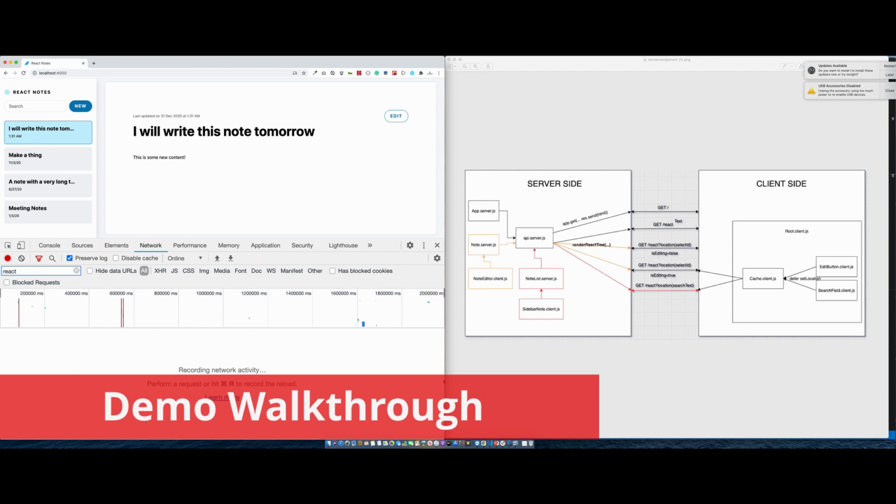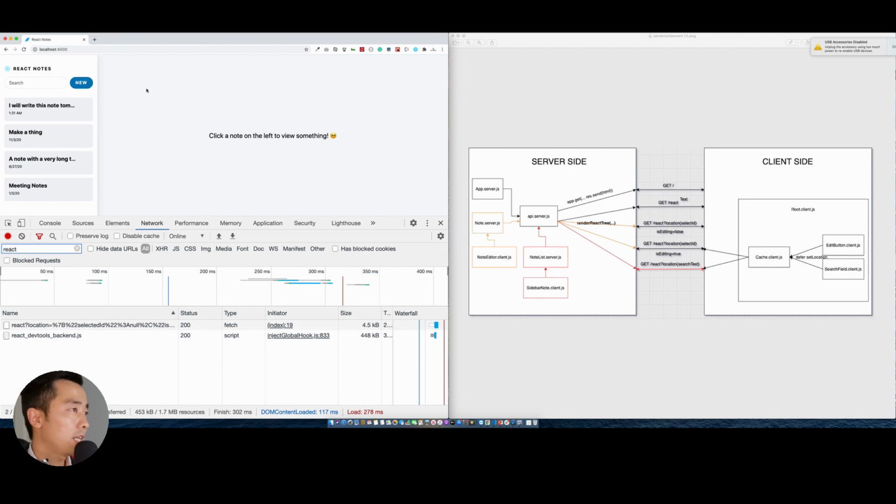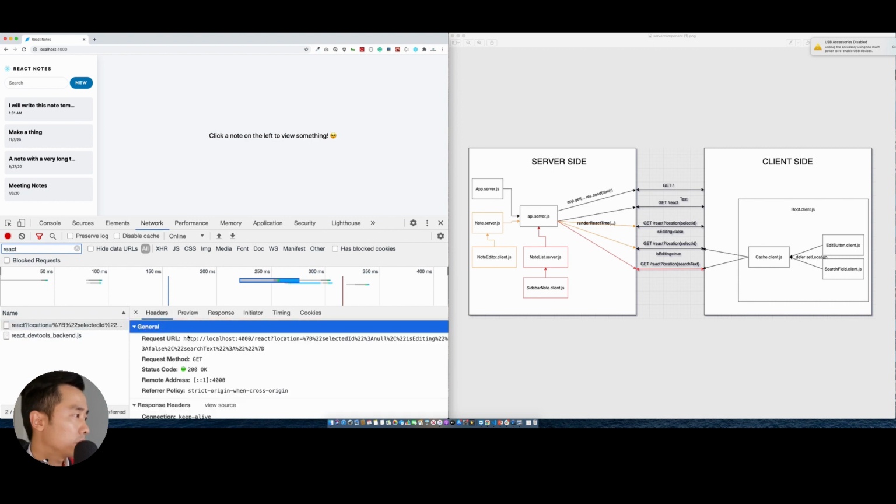So here is the demo. Just to show you what I mean. When the page initializes, it's hitting the root endpoint against the web server, and the node server will send back HTML markup. Followed by that, the front-end app does another AJAX call, which is this one, against the React endpoint. And the node server will read app.server.js, which is the server-side React entry point, and send back the corresponding